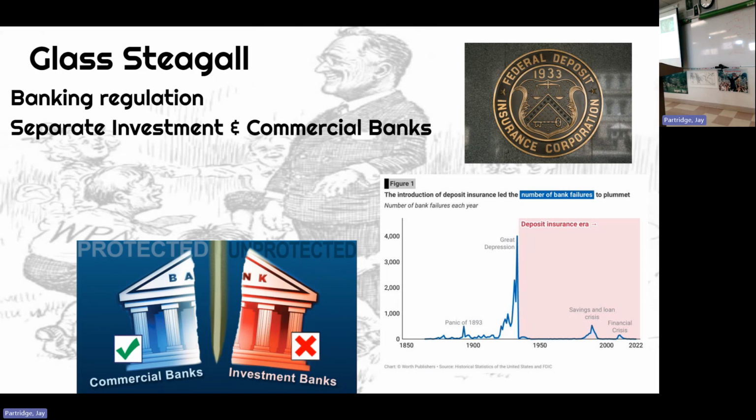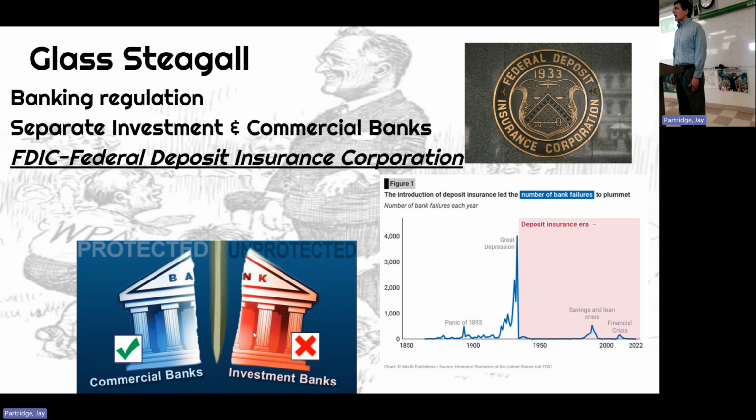So commercial banking and investment banking will be heavily regulated and not nearly as dangerous. It will dramatically cut down on speculation and lead banking to be a very safe business. Not only that, there were bank panics, with all the people running out and trying to get their deposits because they're worried the bank would shut its doors. It would create the Federal Deposit Insurance Corporation, the FDIC.